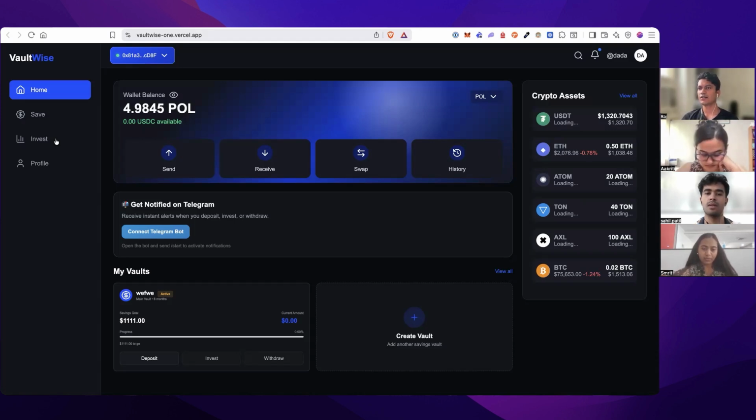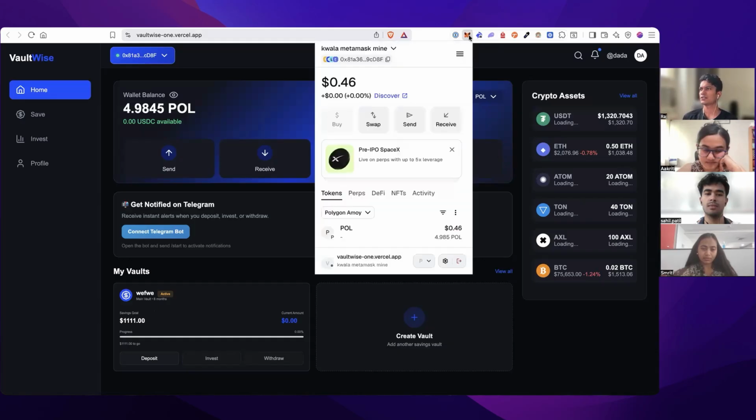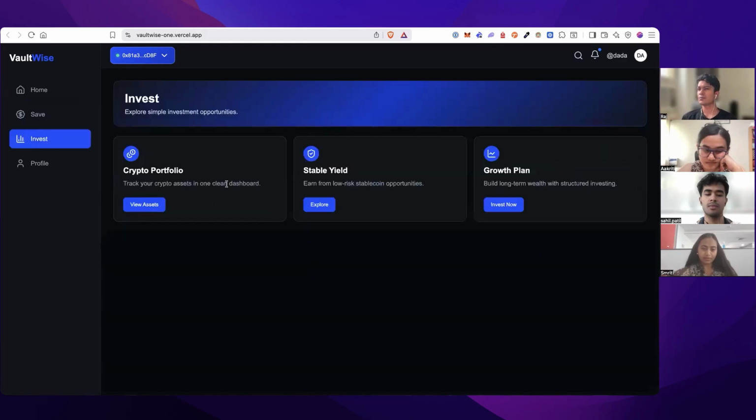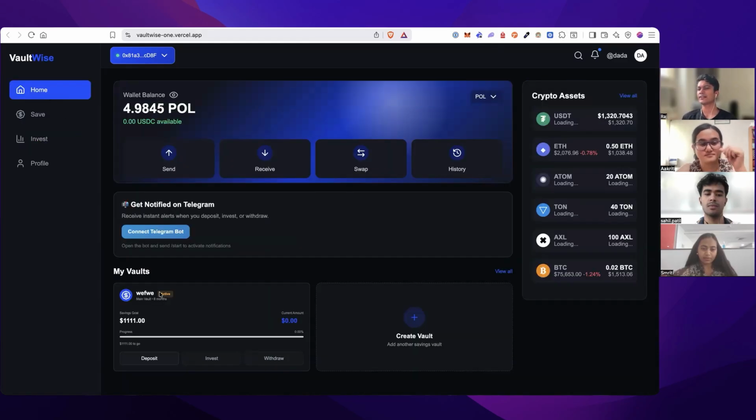So basically, let's say there's this vault. This is like your app, whichever app you're using, and there's your bank account, and the analogy for that is your wallet. So let's say there's some funds in my vault which are not actually invested in some protocol yet. It's just lying there in the vault, not really earning money. So we can set up a workflow using Koala